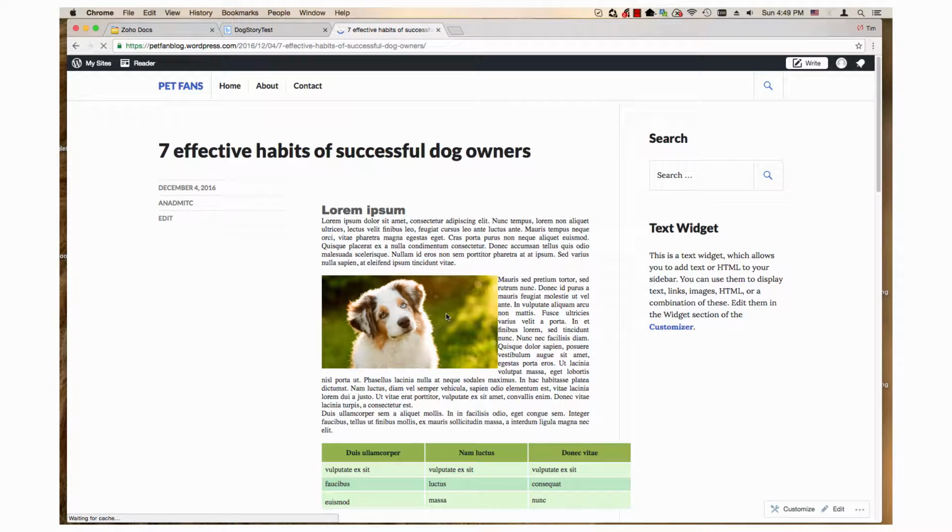So I go ahead and click that, and it opens my WordPress website to the published page for this article,